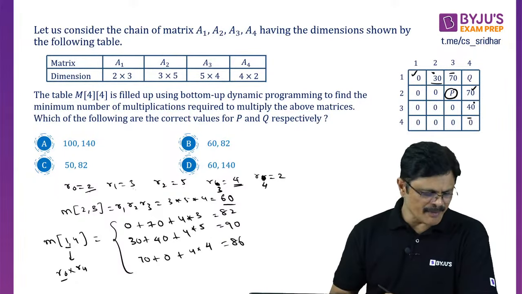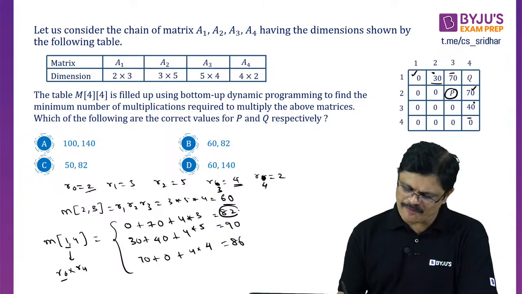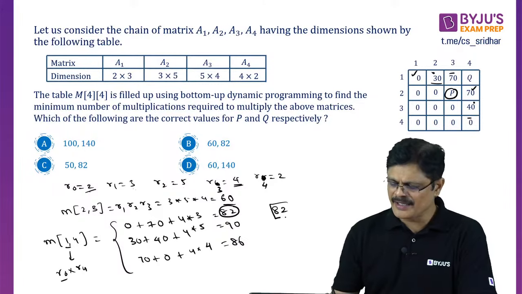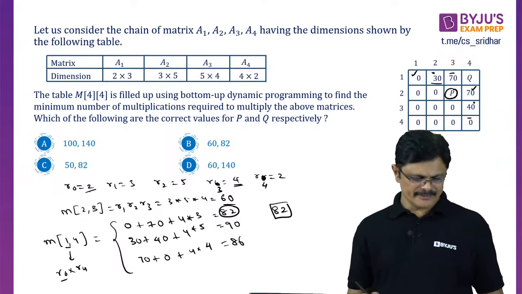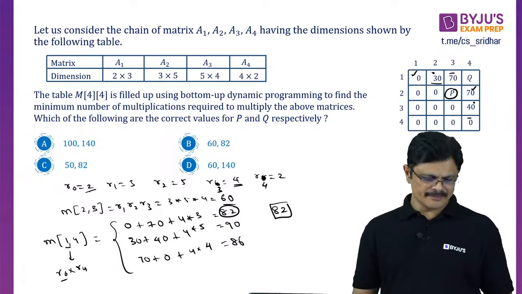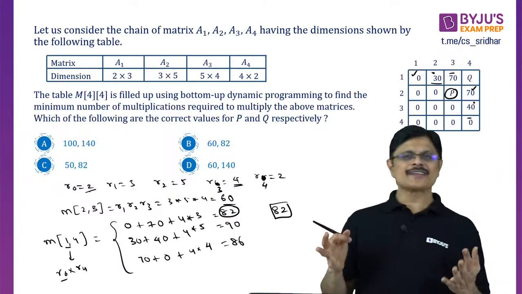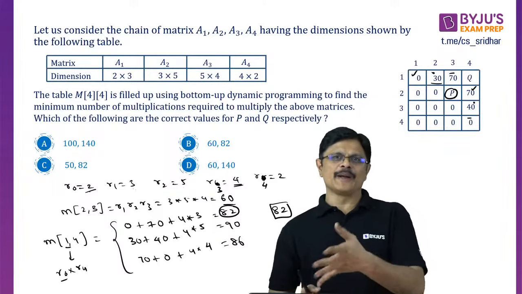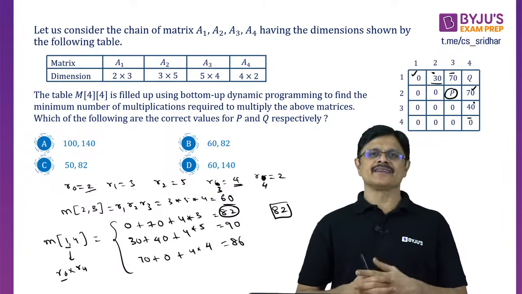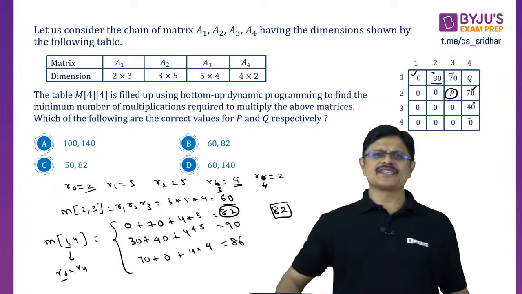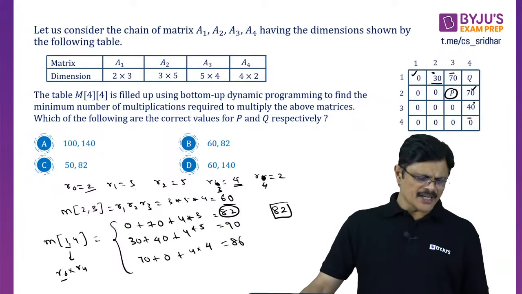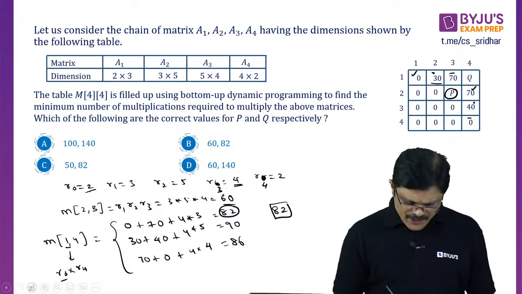And what is the least number, my dear friends? What is the least number out of it? 82 is the least number. Hope you understand. I don't know how many of you understand this particular pattern. If you understand, you will play with these problems, sir. They are nothing, Lilliput problems. Just multiplications are required.